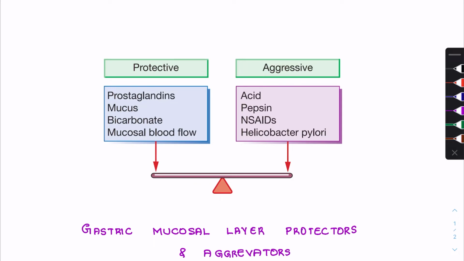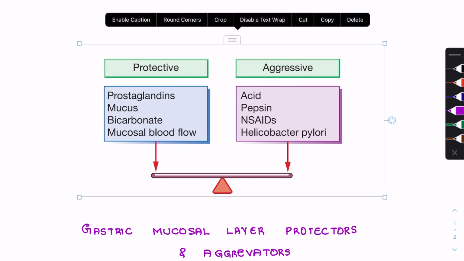Along with that, as you know that Helicobacter pylori can also damage the gastric mucosal layer. So altogether this acid, pepsin, non-steroidal anti-inflammatory drugs and Helicobacter pylori are going to damage the